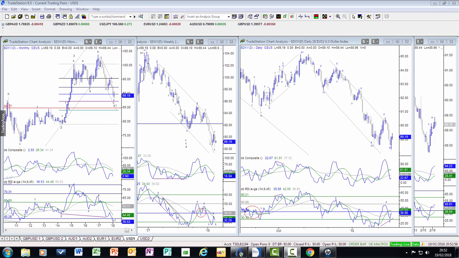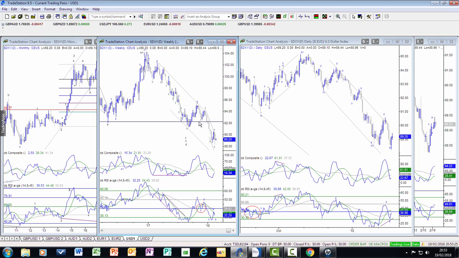Today is the 19th of February and a position update for one or two currency pairs. The first one is the dollar index, with a very interesting possible completion of what could be labelled as an A. So 3 into an A, B, 1, 2, 3, 4 and 5. And the final fifth wave seen in the weekly chart, which is here, as a 1, 2, 3, 4 and